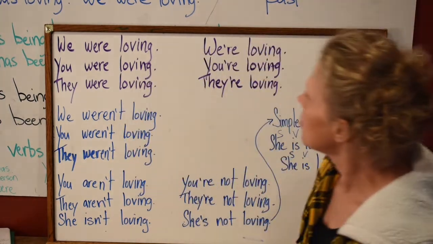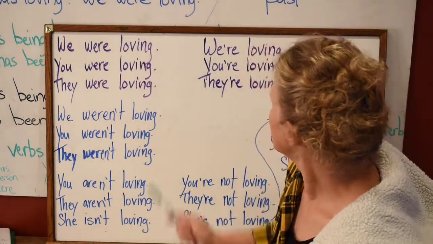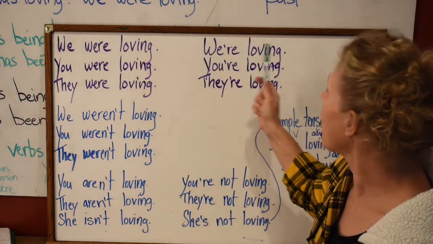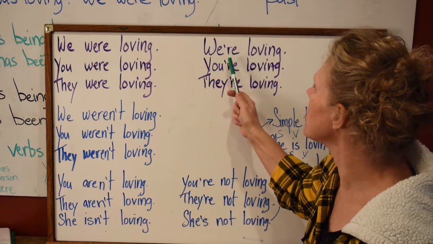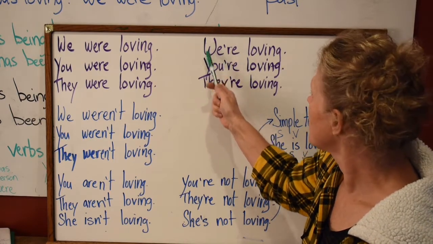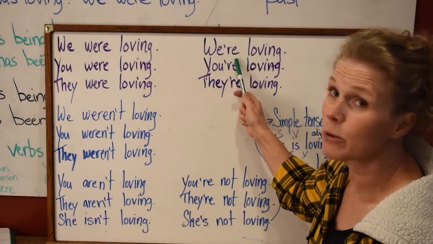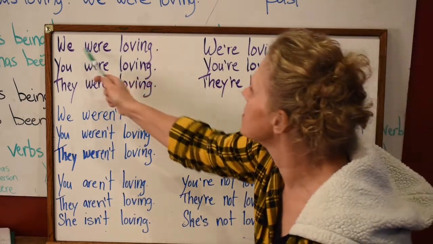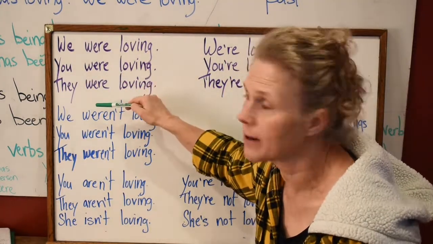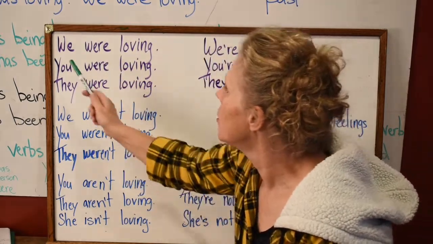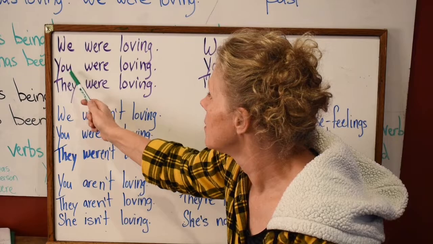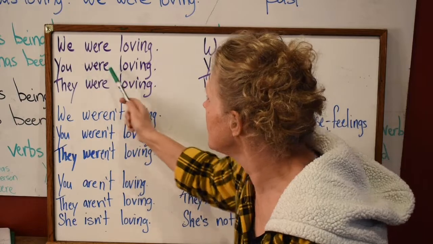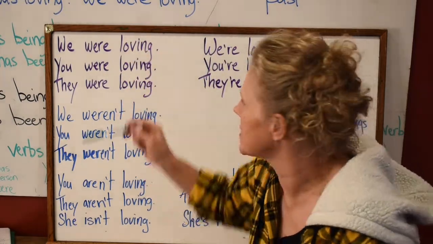Okay? Now, "we were loving." See how we can't go "we're loving," because this says "we are loving." It's a completely different word. This is your plural with your plural auxiliary verb "are." And that sits in the present tense. You can't do that with the past tense right here. With your subjects, you can't do it. You can't do it with your second person in the past, right? You can't do it with the words that sit in the past,